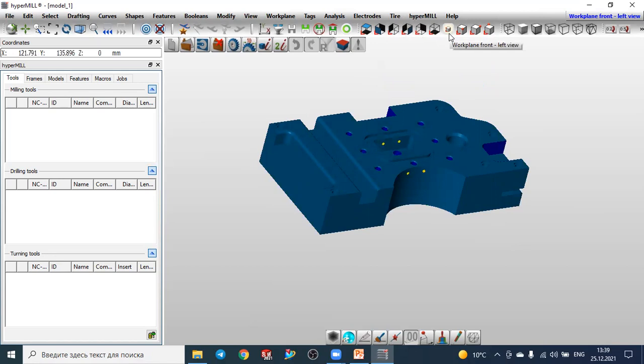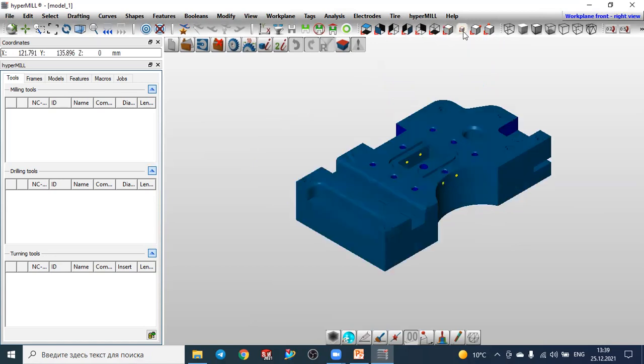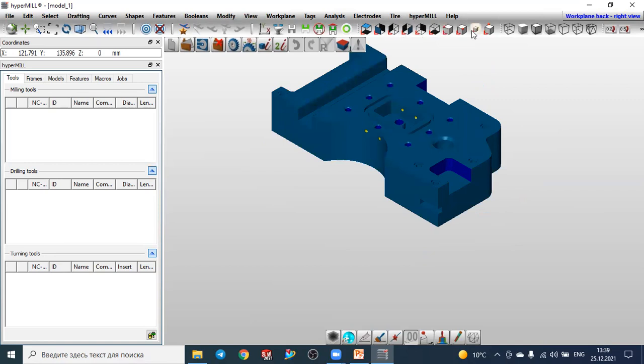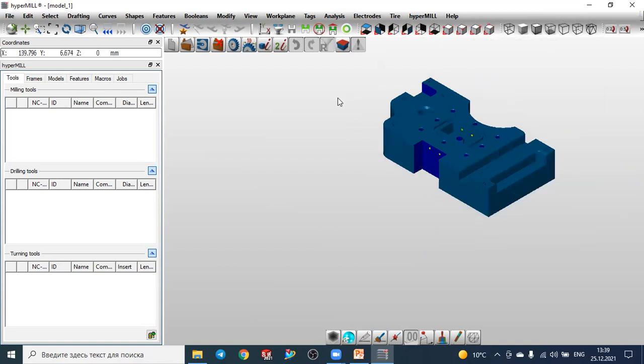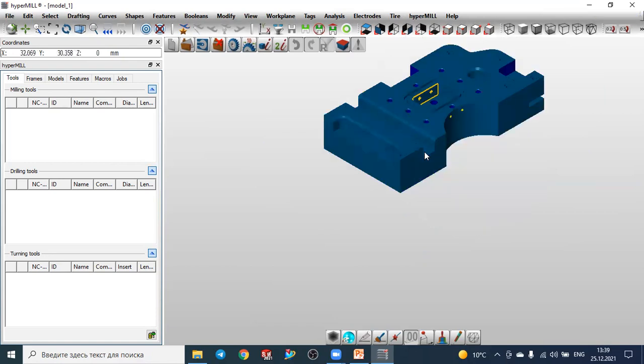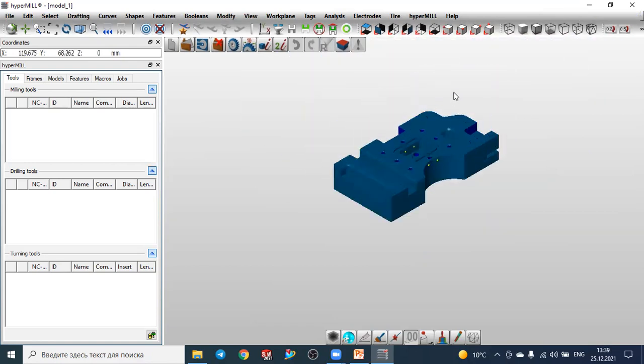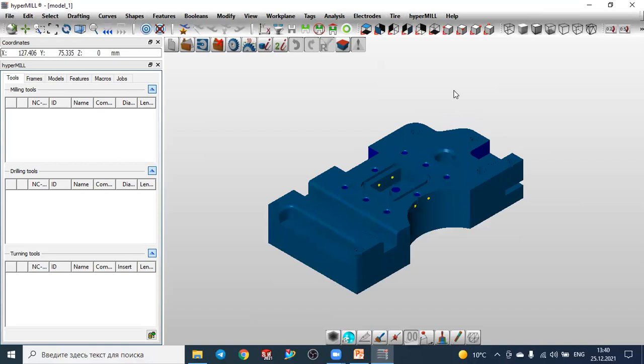So work plane view, that's the isometric view. Here are some views from this side, you can see from this side and this side. So you see several options for our workspace. This is used in the case of isometric views like this and so on. So next is to view in the